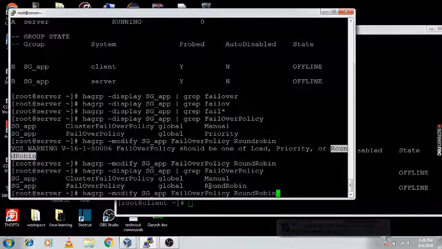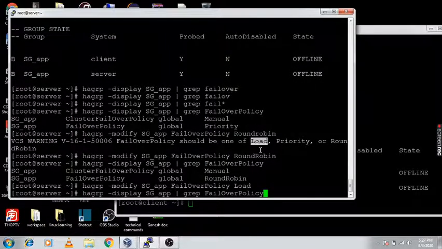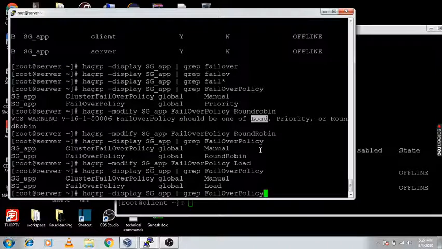I am again changing it to load. Now it's changed. Again I am changing it to priority.